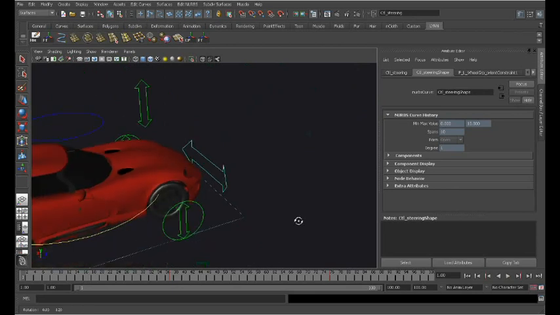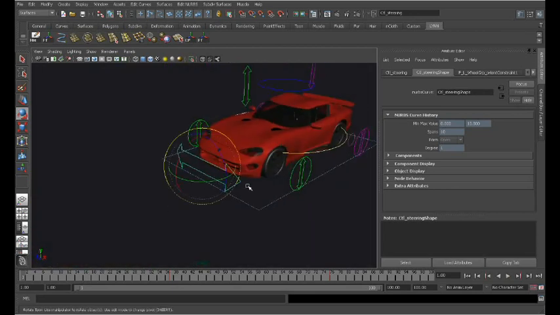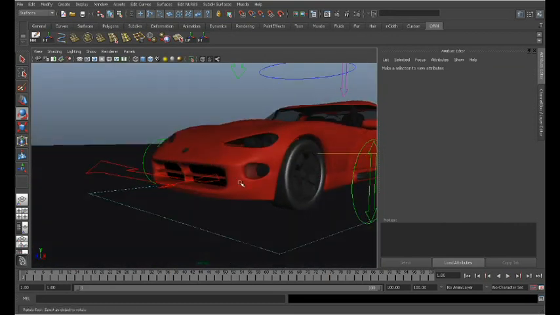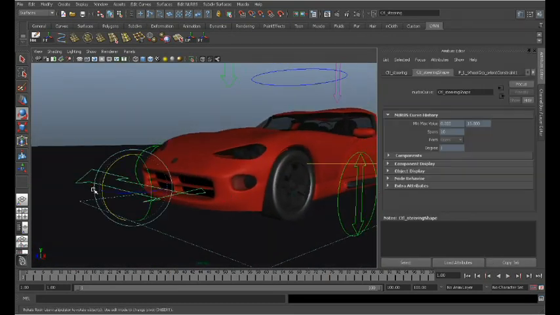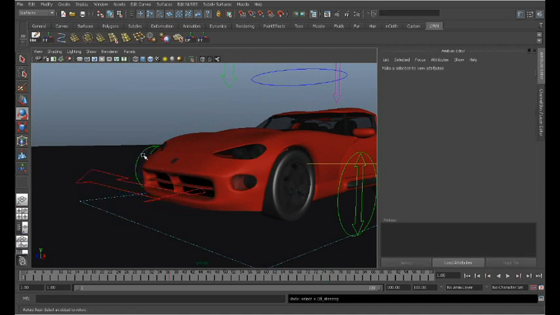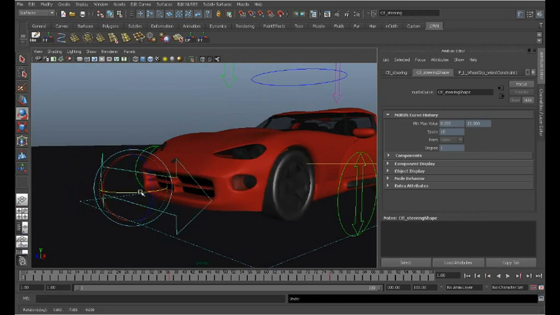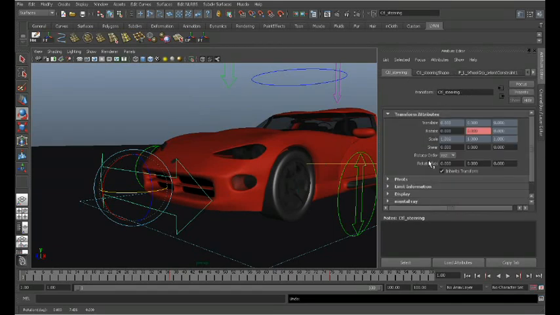Because it's a dual purpose node, or controller, it allows our wheels to turn. I don't know if you can see that in the capture. It turns our wheels, as well as turning our steering. Then we need to make sure that the order of the rotation is set correctly. Now, this particular